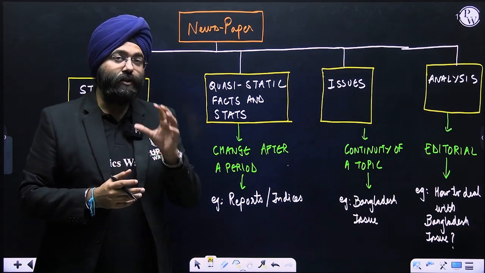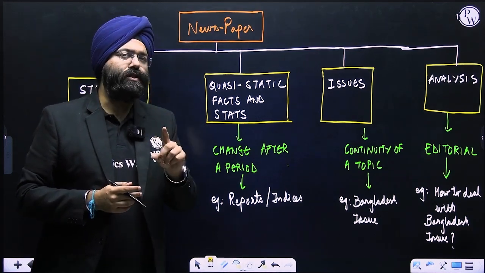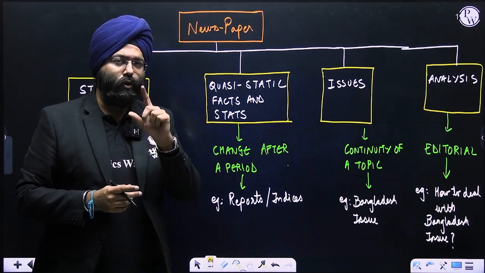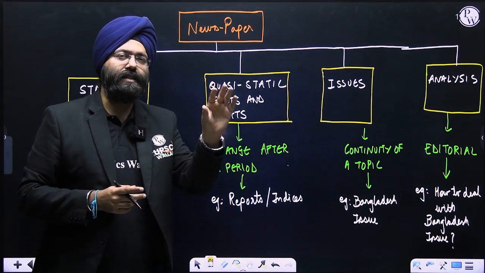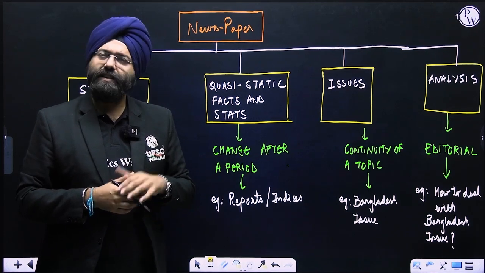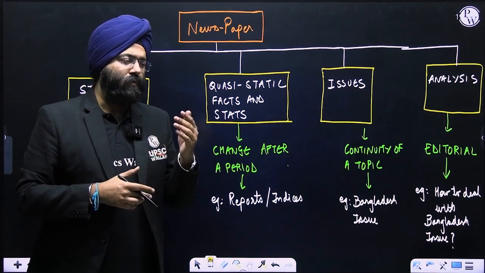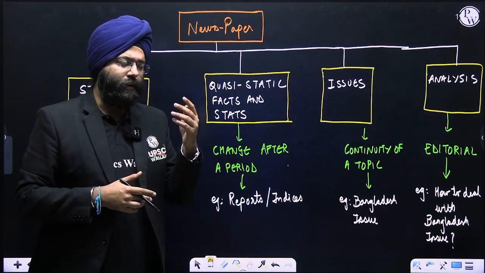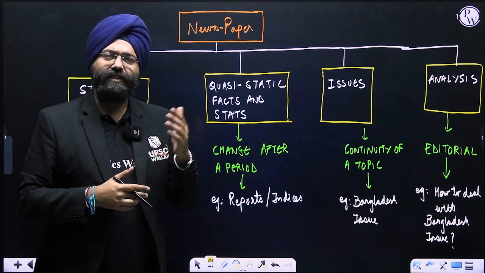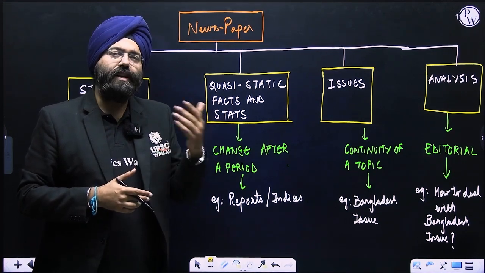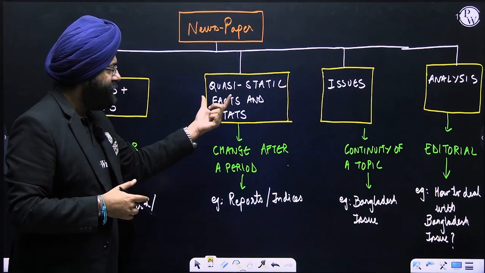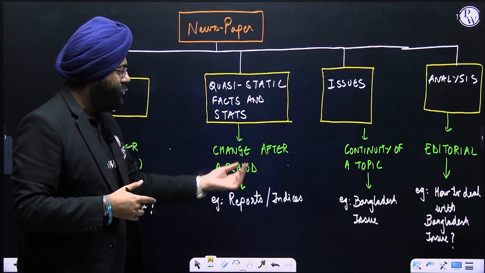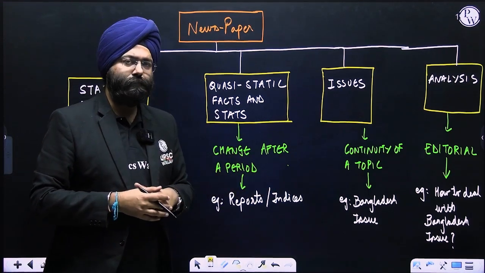So that particular report is not only important for the preliminary examination, but also for the mains examination, because you can quote those reports when you're writing your answers and various points. Let us say you have a stat for women inequality, women pay disparity. If you have statistics on that and a report quoting that, you can quote it in the issues related to women. So this is the second set, which includes, let us say, reports and certain indices.